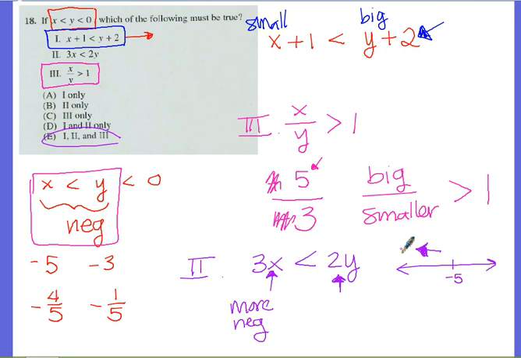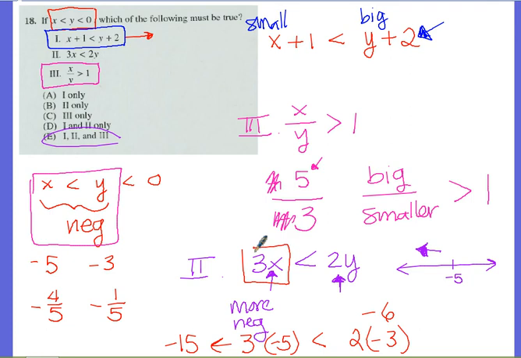So what happens is, let's see, maybe the best way to explain it is using actual numbers. So if I have -5 here, and I multiply it by 3, it makes it more negative by 3 times. If I use the number -3 on this side as the y value and I double it, it makes it more negative, but not enough to overpower the 3x. This is probably the worst explanation I've ever given, but the fact that it's more negative means the 3x is smaller. Again, sorry, I don't believe that this is my best work here, but that's the reason